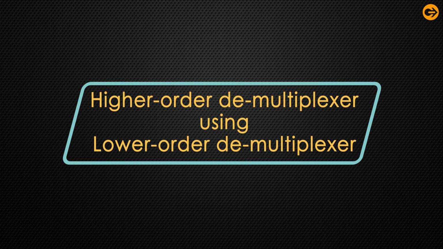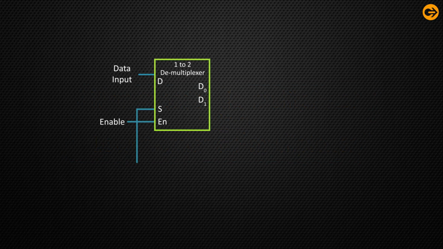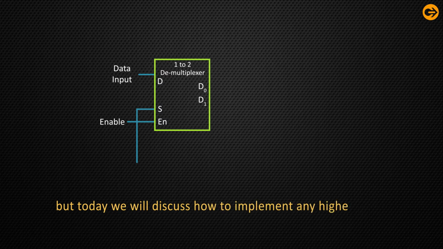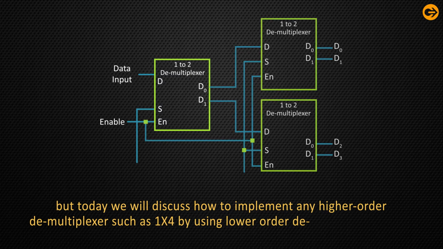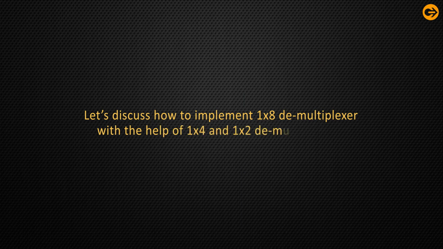Welcome viewers. Today we are going to discuss higher order demultiplexer that can be implemented by the lower order demultiplexer. Up to this we know about demultiplexer, but today we will discuss how to implement any higher order demultiplexer such as 1 to 4 by using lower order demultiplexer as 1 to 2. Let's discuss how to implement 1 to 8 demultiplexer with the help of 1 to 4 and 1 to 2